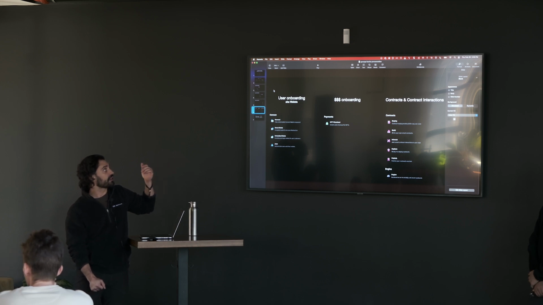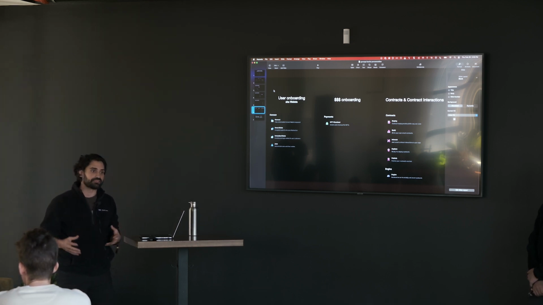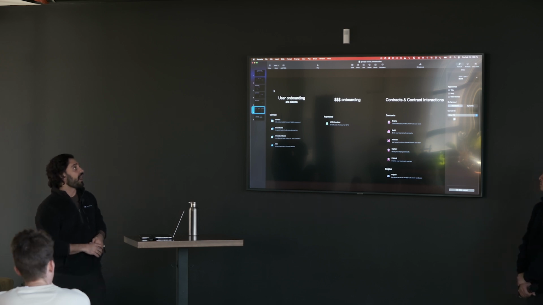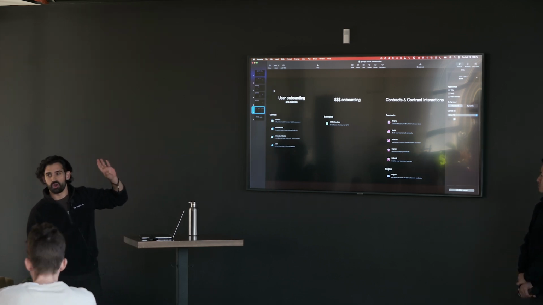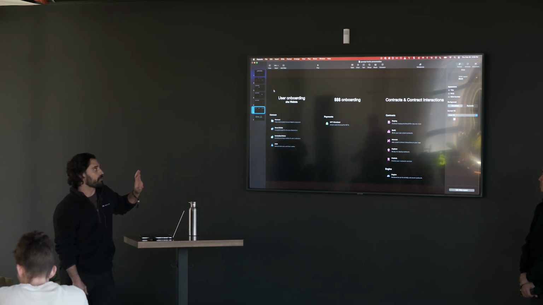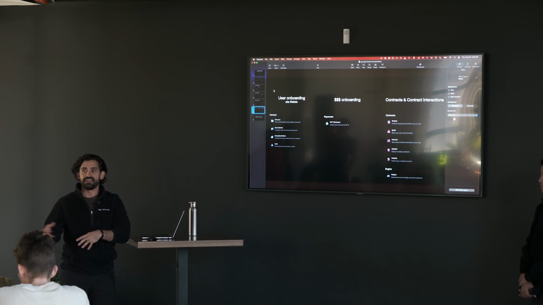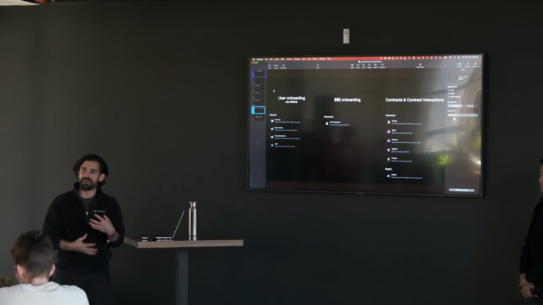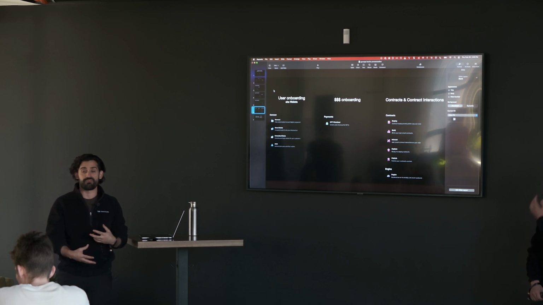Fiat onboarding: we have a checkout product to help your users get their cash into the system and start interacting. And then finally contracts and contract interactions, which is where most of y'all as developers will live. From deploying contracts, to having a Solidity SDK to take our existing contracts and modify them as you need, to publishing those contracts and then interacting with them.